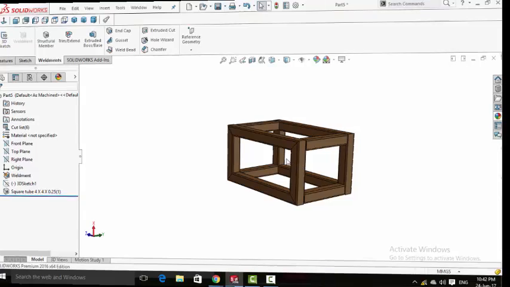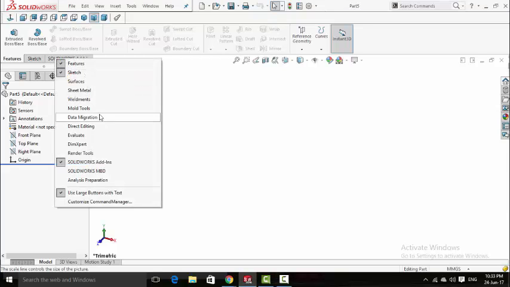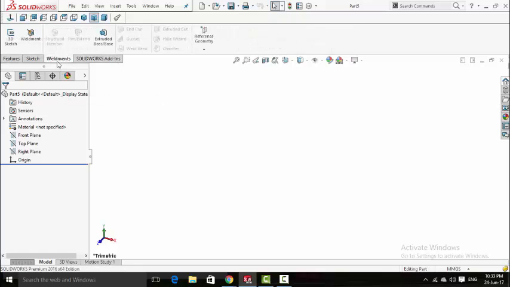In this video I am going to show you how to create a simple steel structure by using weldments. So let's start. As you can see, there is no weldments tab on my SolidWorks. So right click on the tab menu and then select weldments. Now click on the weldments tab and then select 3D sketch